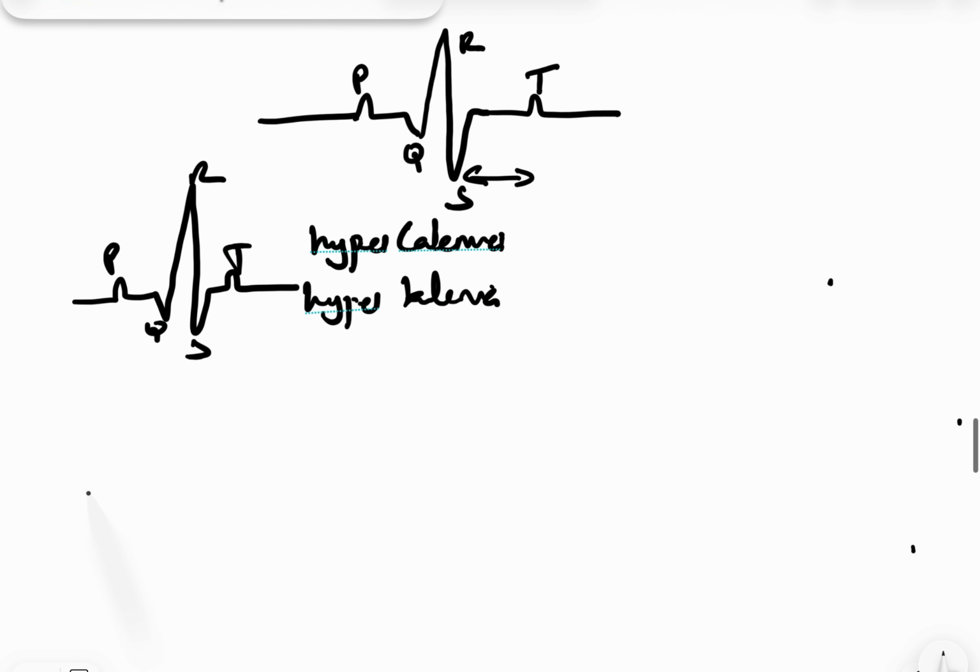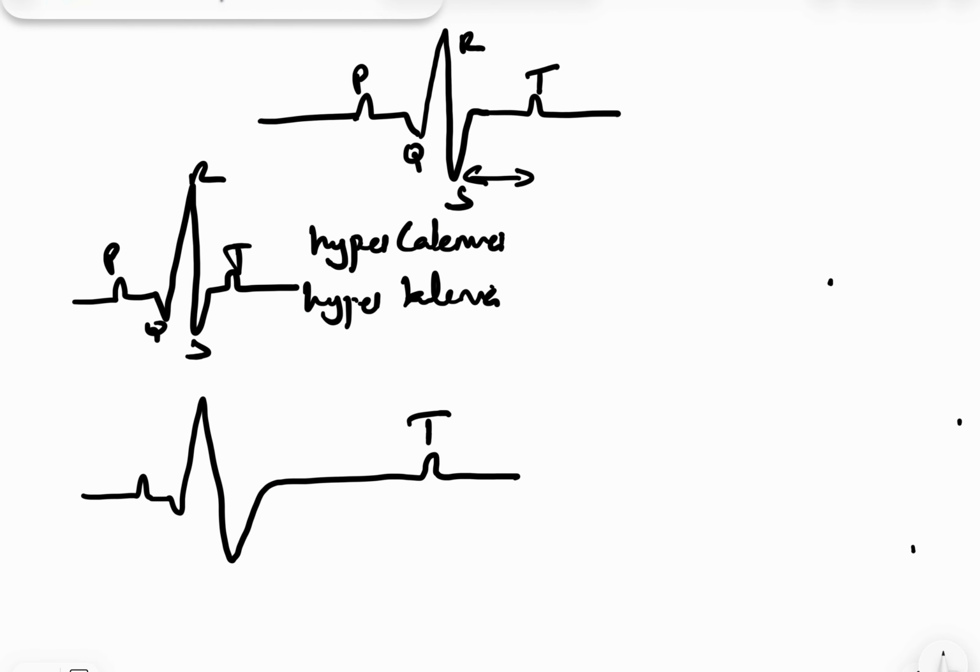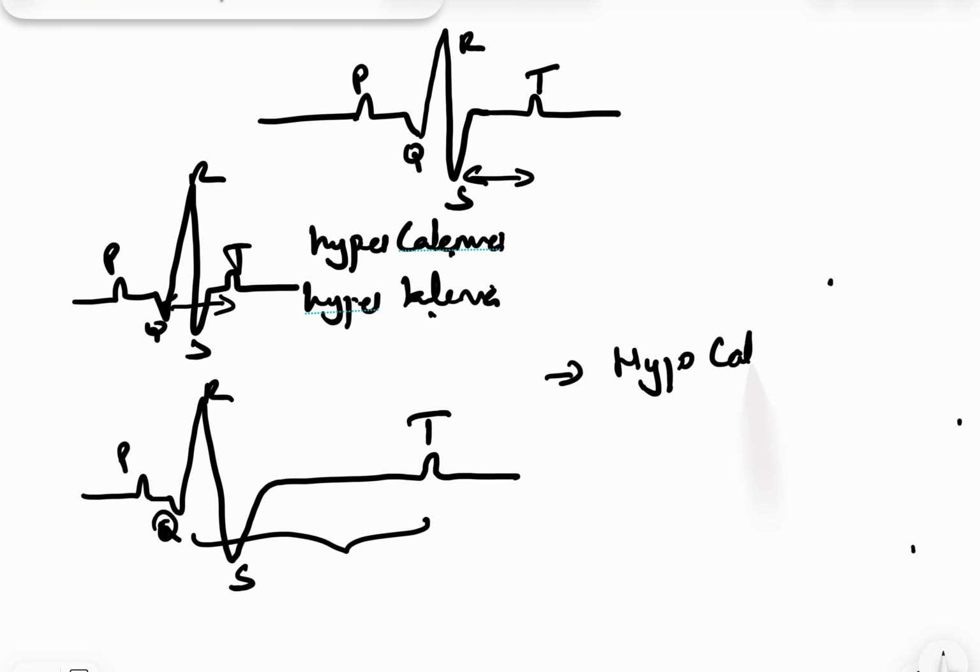Imagine if the patient has a long QT wave. P, Q, R, S, and the patient's T comes here. This is the long QT wave. What probably is the reason? We said if the patient has a short QT wave, it is hypercalcemia and hyperkalemia probably. So in case the patient has a long QT wave, the patient probably has hypocalcemia, hypomagnesemia,